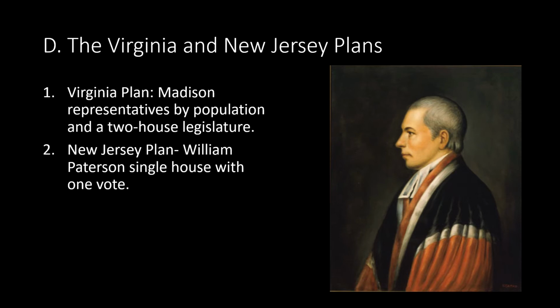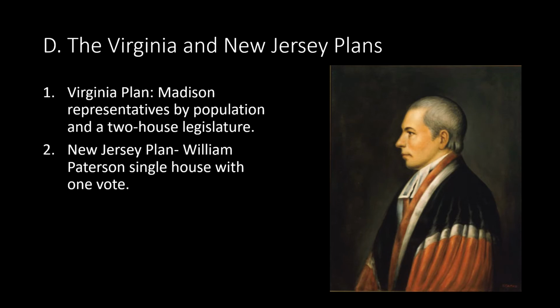Under the Virginia plan, designed by James Madison, it called for a new national government with a bicameral legislature. That means two houses, an executive branch and a judiciary branch. The proposal of the Virginia delegation at the 1787 Constitutional Convention called for a national legislature in which the states would be represented according to population. The national legislature would have an explicit power to veto or overrule laws passed by state legislatures.